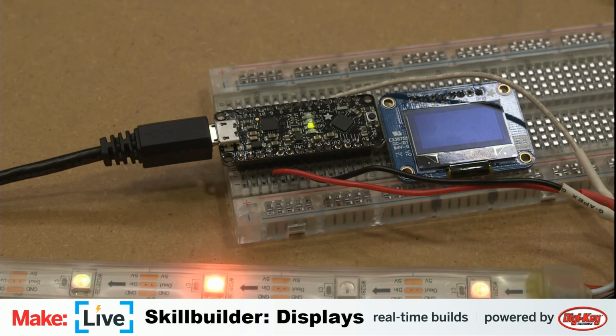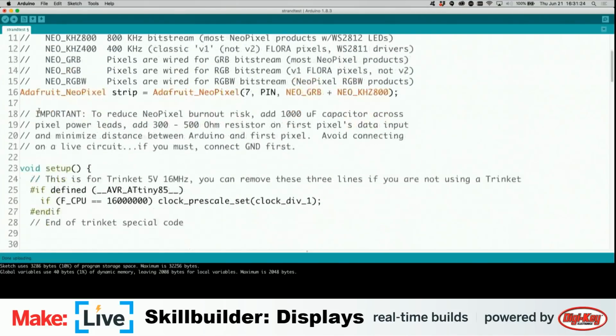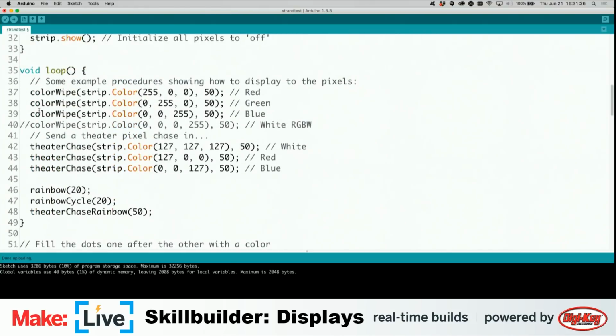Okay, I am back. Oh, and while we're getting into the code here, oh, this is the, that's the